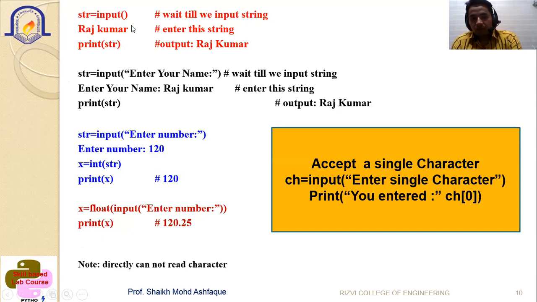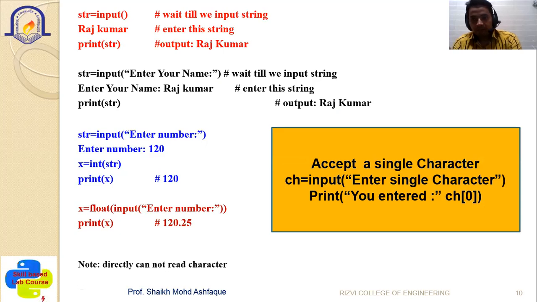For example, the user has to input Rajkumar. The output is written, and whenever you print, the output will be displayed as Rajkumar. But here nothing is there. Input is written, the screen will be displayed only with the blinking cursor. Then you should understand what you have to enter here.